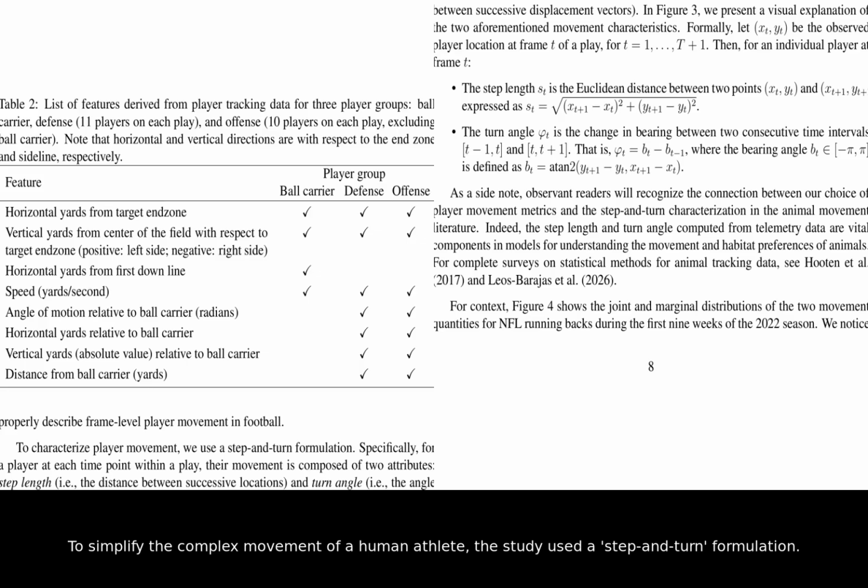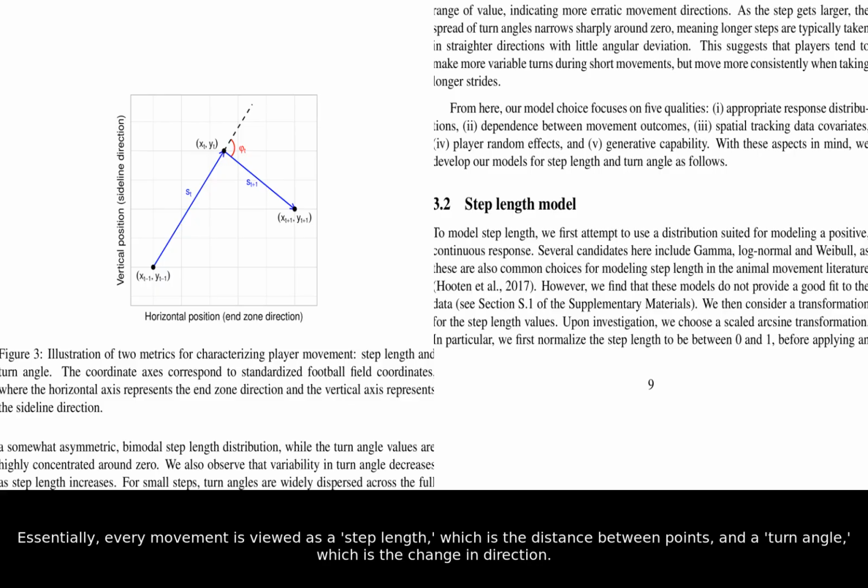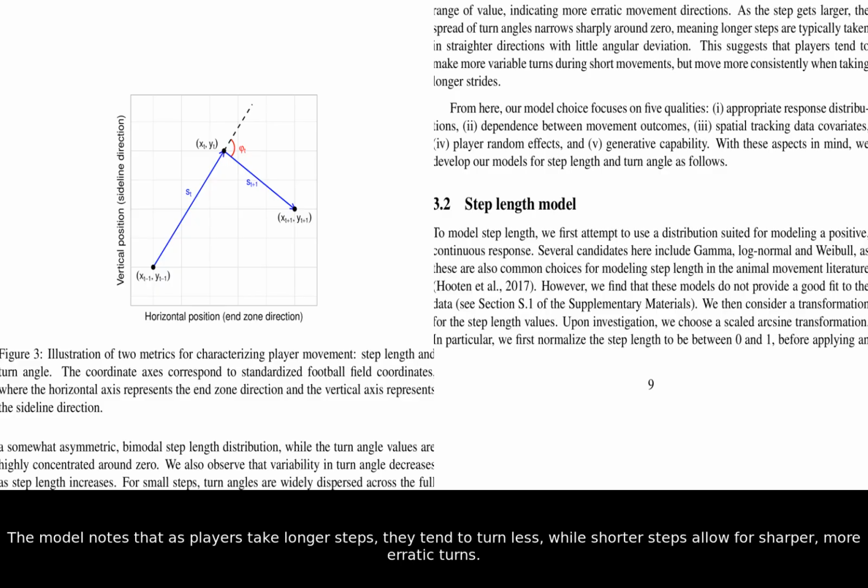To simplify the complex movement of a human athlete, the study used a step-and-turn formulation. This approach is actually borrowed from how biologists study the movement and habitat preferences of wild animals. Essentially, every movement is viewed as a step length, which is the distance between points, and a turn angle, which is the change in direction. The model notes that as players take longer steps, they tend to turn less, while shorter steps allow for sharper,